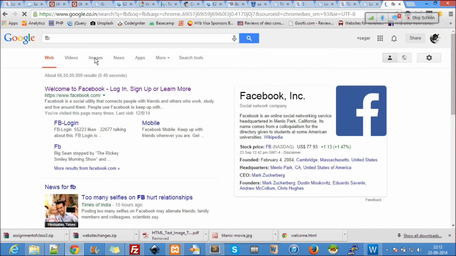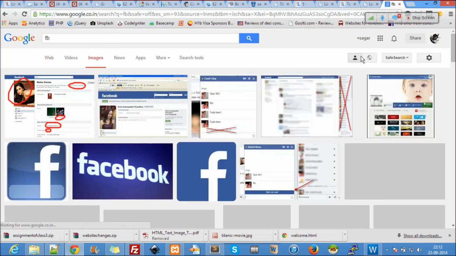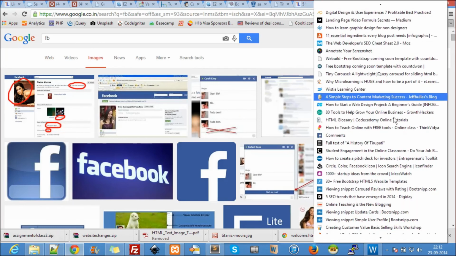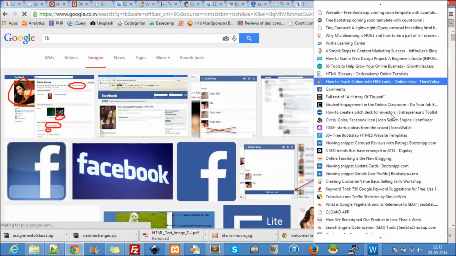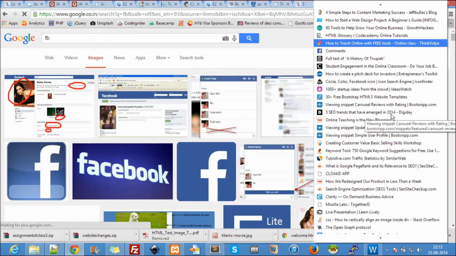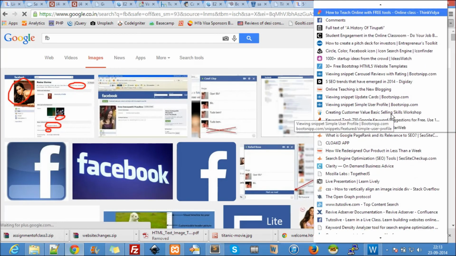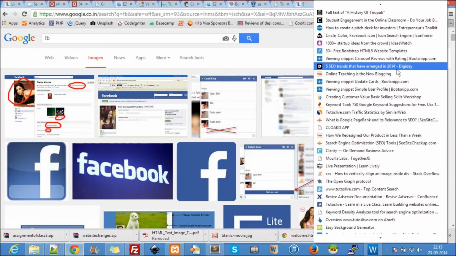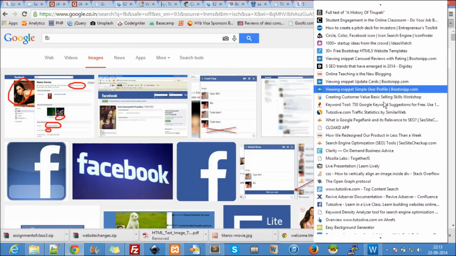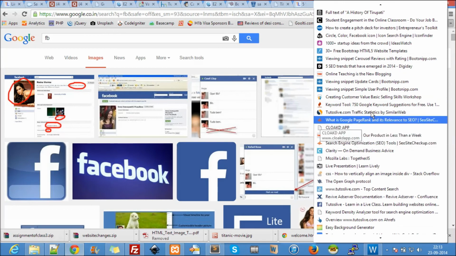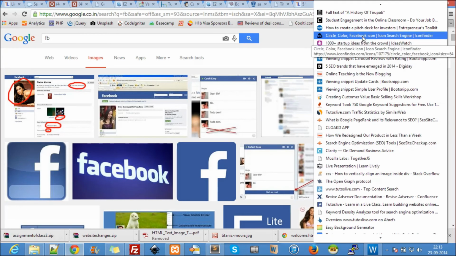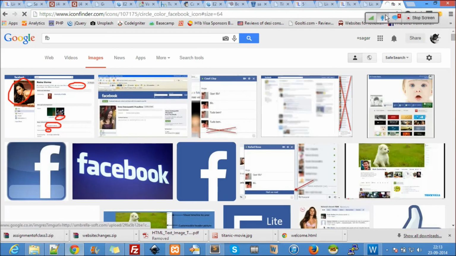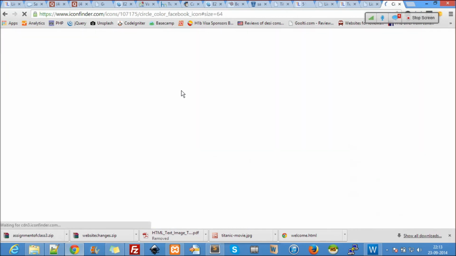I'll go to images here, or let me just, I think I have some beautiful pngs, so let me just, right here. So let's pick up from here.